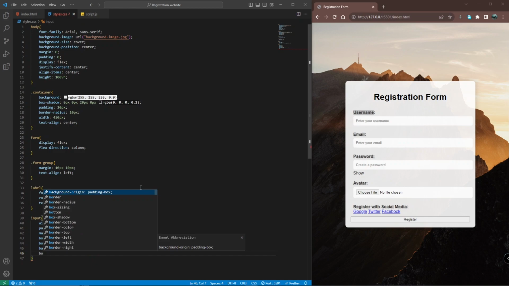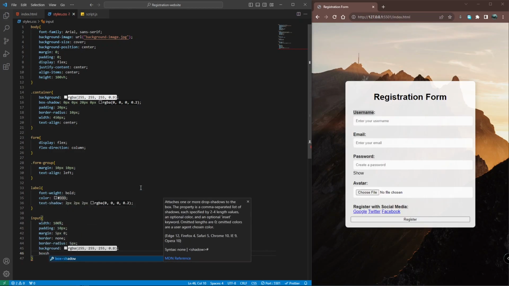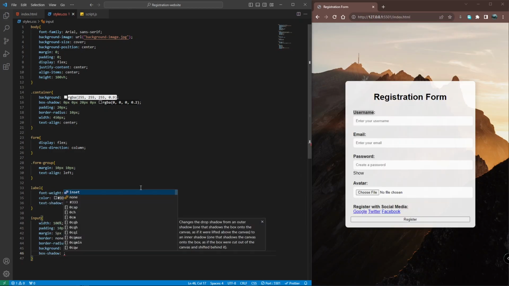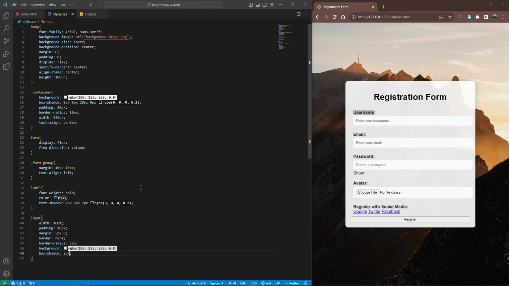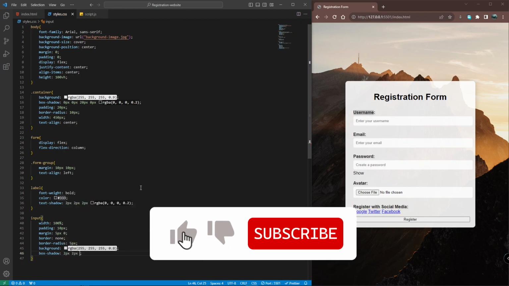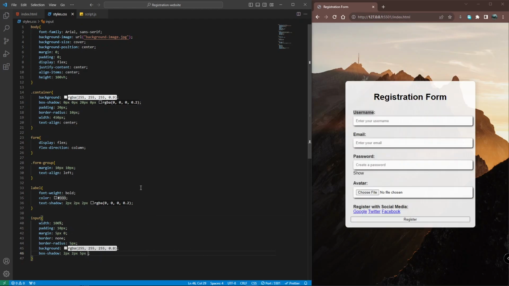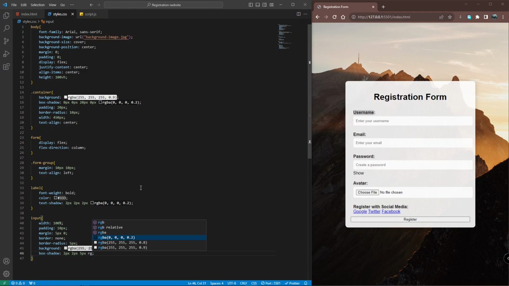And let's give it a box shadow, 2 pixel, 2 pixel, 5 pixel, and RGBA value of this one. Okay, now for input fields, as I have told earlier also, we will be adding some neon glow effect. So for that,